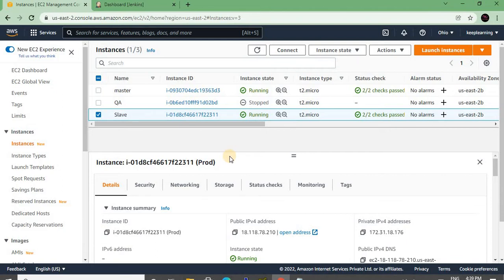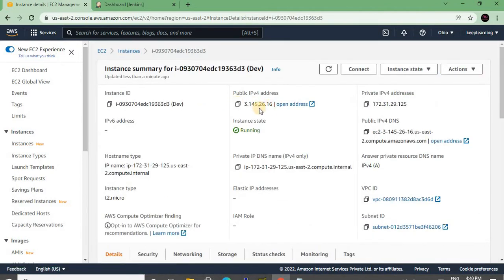To do that, we need to establish passwordless communication between master and slave. That's the first step we need to do during the master slave configuration. We need to establish passwordless configuration between master and slave. Master should be able to communicate with slave, and slave should be able to communicate with master without any issue. So the protocol we are using is the SSH protocol. SSH is the command, or protocol, that is used to communicate between two instances.